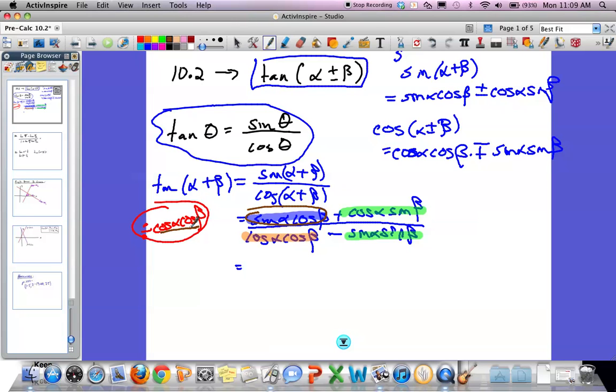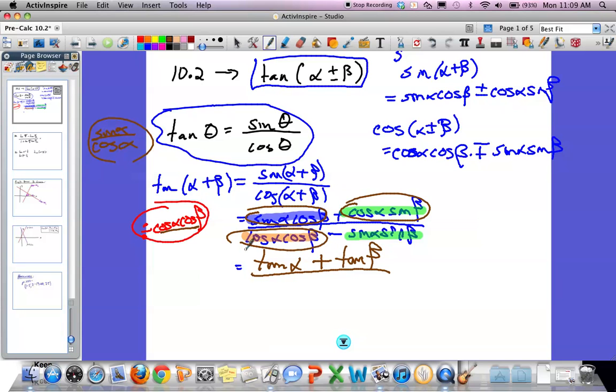Sine alpha over cosine alpha. What's another name for sine alpha over cosine alpha? Tangent. So that one's going to be the tangent of alpha plus, what do you get when you divide this one by cosine alpha cosine beta? You get sine beta over cosine beta, which is the tangent of beta, divided by, this one is probably the easiest of all of them. What do you get if you divide that one by